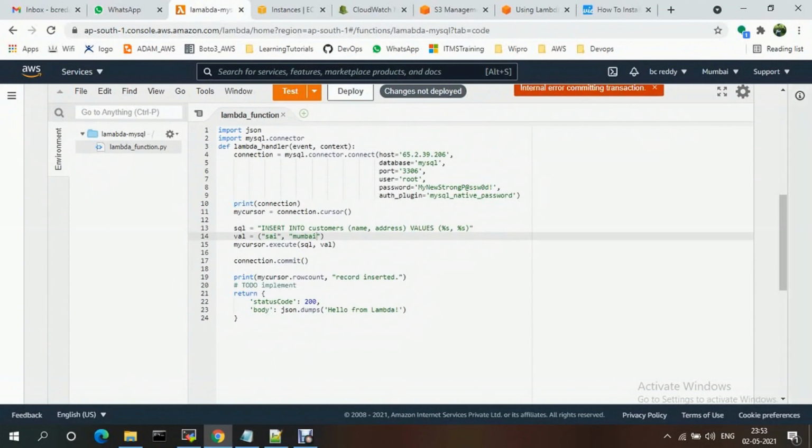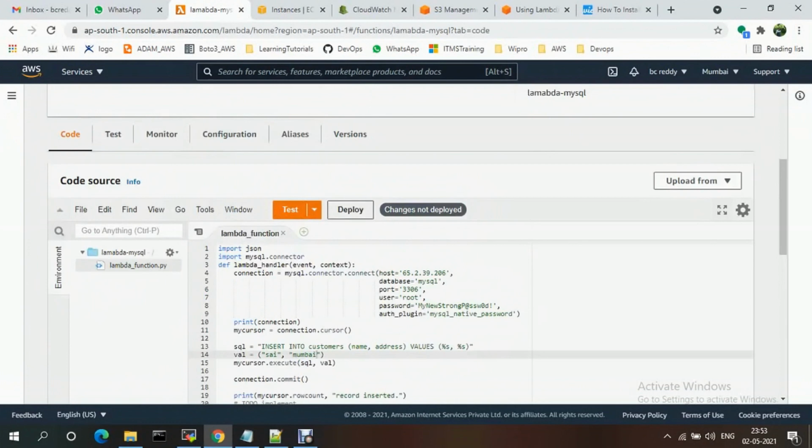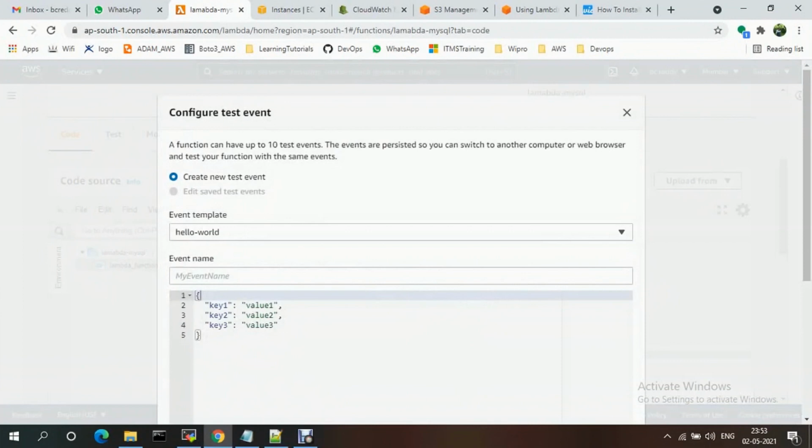There was an internal error at first. Now the changes have been deployed. You just need to test this one.